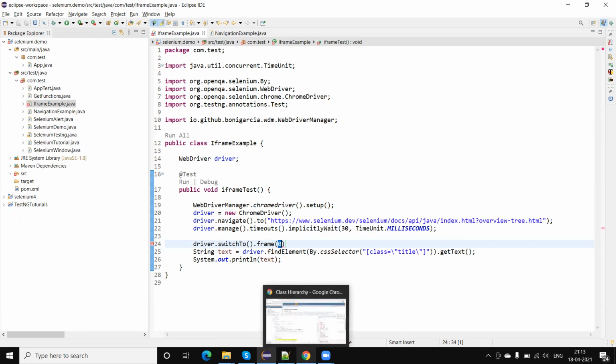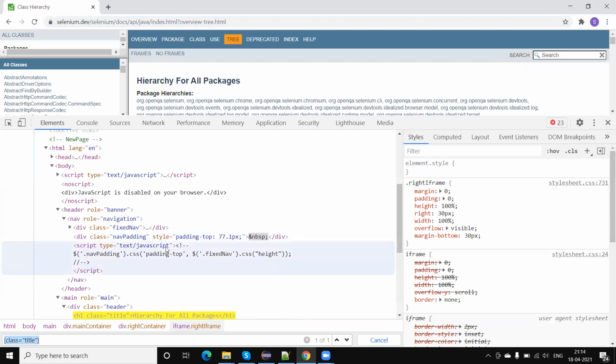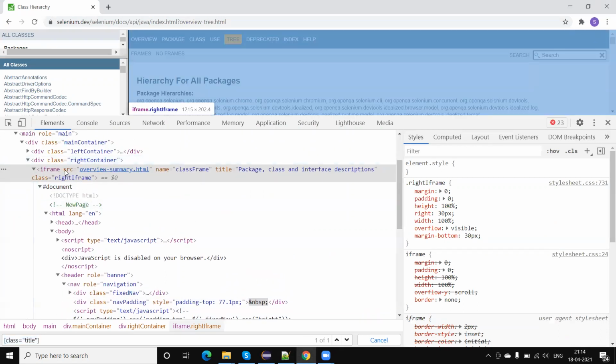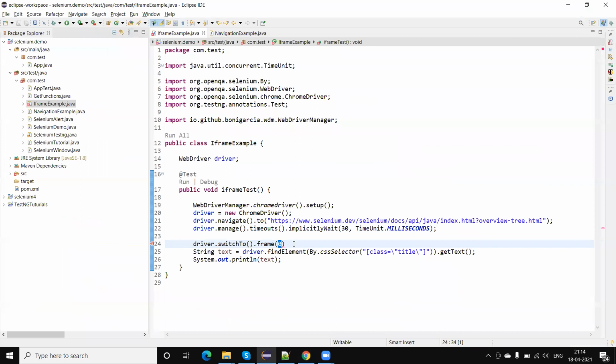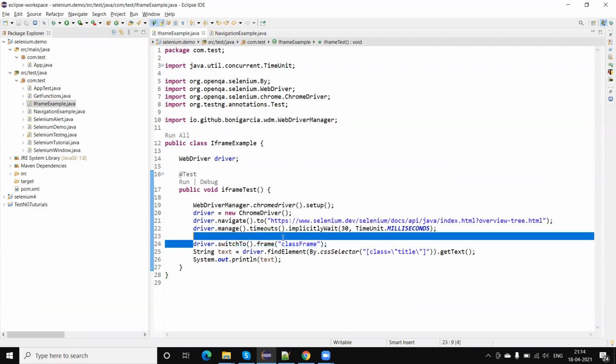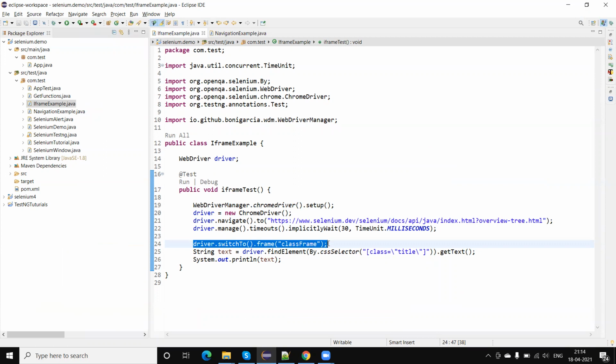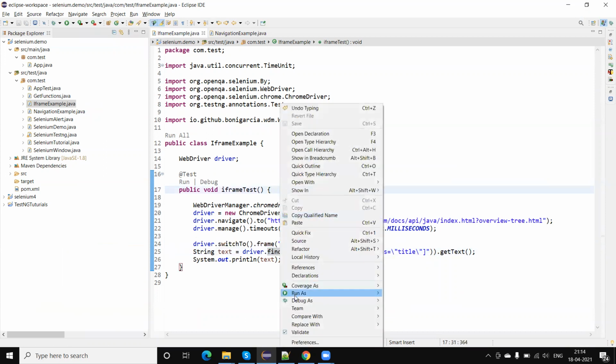First of all, I am going to check if there is an id for this frame. There is no id attribute. Now I can use the name because the name attribute is here. So I'm going to pass this name, and the driver object will automatically switch within the frame, and then we are able to identify the locator.